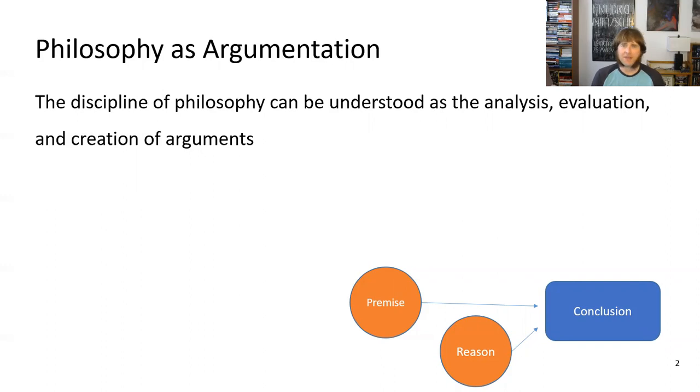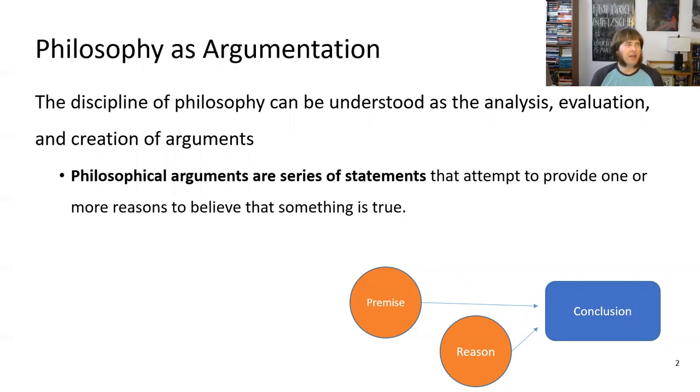So ultimately, philosophy is a product of our nature as reasonable and rational creatures, or at least potentially reasonable and rational creatures. So we can understand philosophy really as this activity of argumentation, right? Particularly argumentation on certain sorts of topics that tend not to be engaged with by other sorts of disciplines. So philosophical arguments, really just arguments in general, but we'll stick with philosophical arguments here, because we're not talking about,